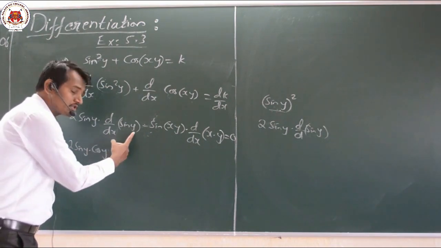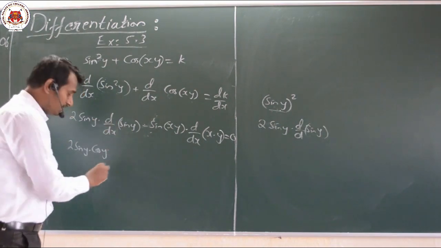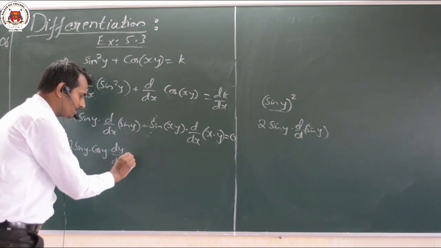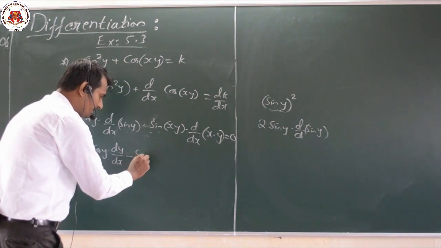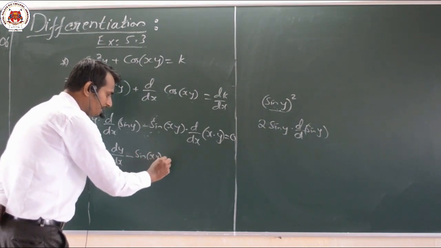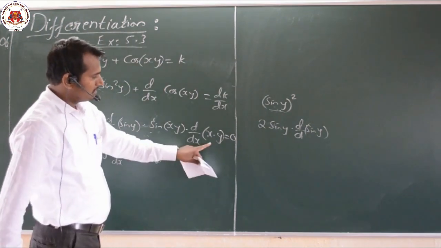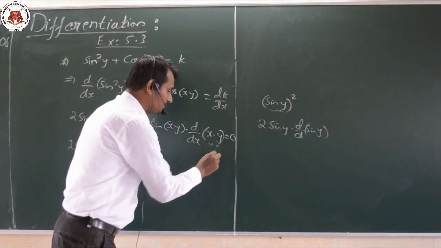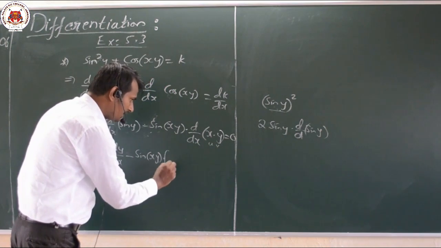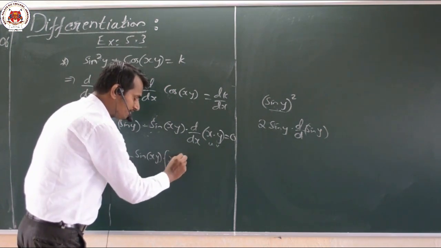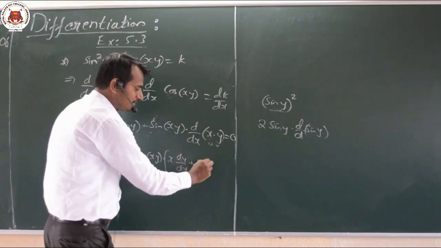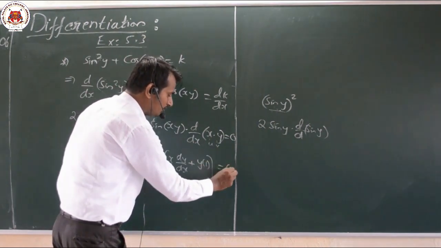Further differentiation of this, because it is an implicit function, what we'll have? dy by dx minus sine xy as it is, here x into y, that is by parts, I have to differentiate, treat it as u and v here. What we get here? x as it is, y differentiation will be dy by dx, plus y as it is, x differentiation will be 1, which is equal to 0.